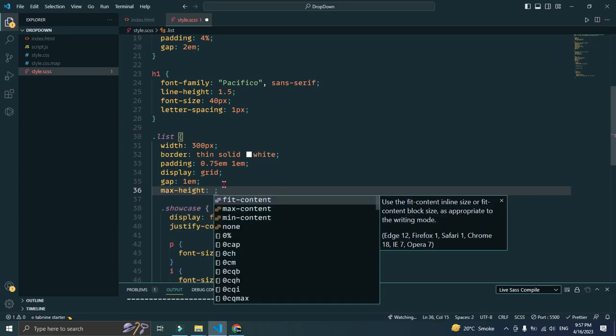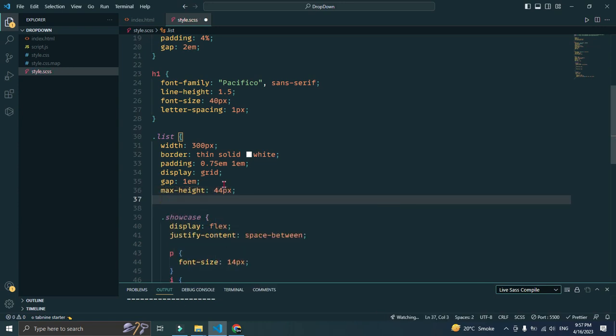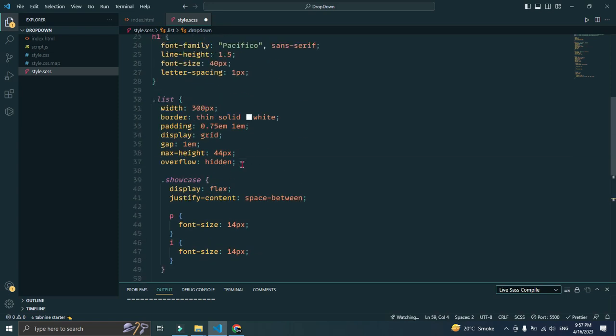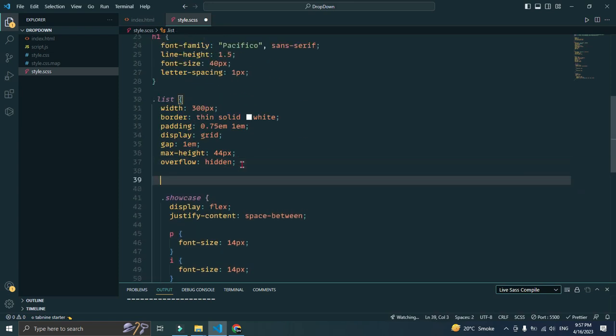Max height would be 44 pixels because we need to add the animation. To add the animation, we can't set height. Okay. Max height would be 44 pixels, and the overflow will be hidden. Now it is added. Now we can add the functionality when you hover on it. To do that, what we can do, dot list, it will be included by using this and operator, and this